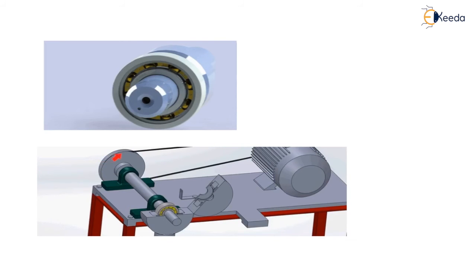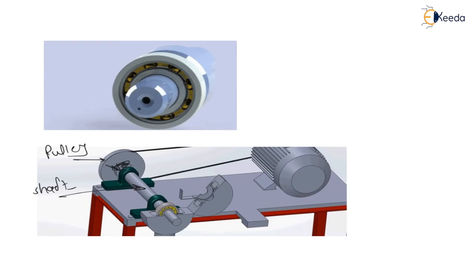My dear students, it is a pulley connected to the shaft, and to connect this pulley with the shaft, there is a keyway between them. A few minutes back we have seen the keyway. Let us say this is a pulley, and here it is a shaft which is rotating. To connect this shaft and pulley, there is a keyway in between, right?